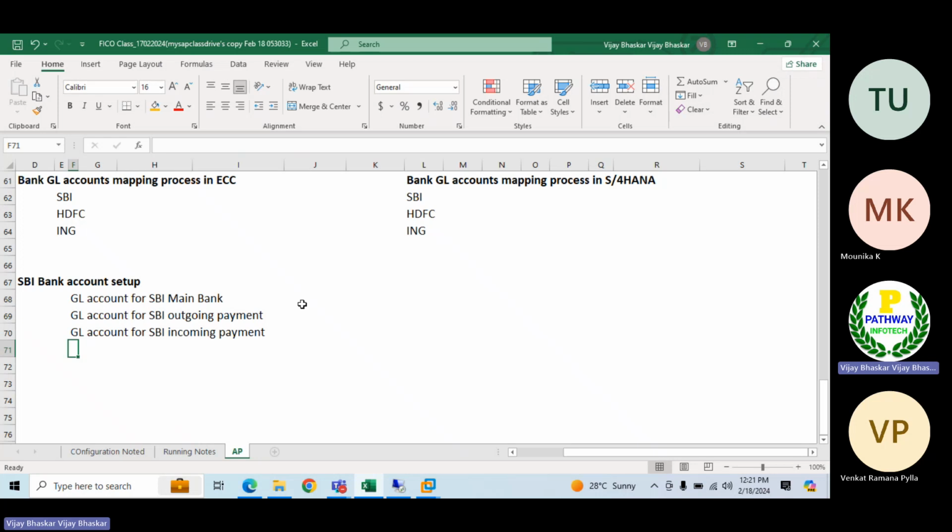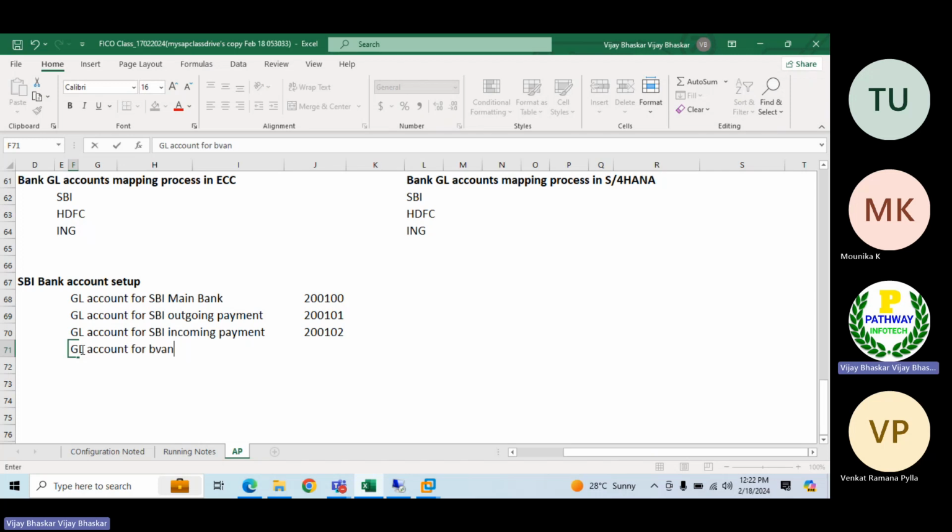So now let's say the logic of how we were defining. Since it was a balance sheet account, 200100, where the ending digit should be 0, because even in the current system also, that we should always consider as the main bank account. Okay, 200101, let's assume. So these are the GL accounts that I am creating here. Let's say the GL account for the last one,